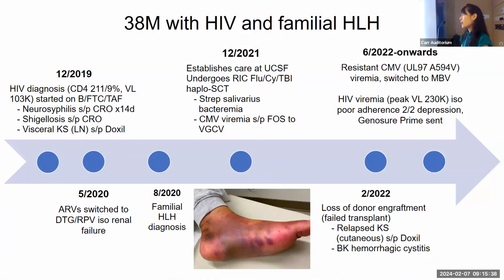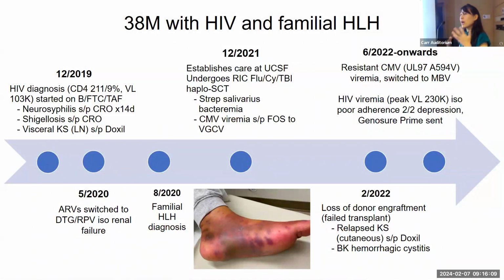And that is complicated by some of our typical post-transplant infections, such as strep bacteremia. He also has CMV viremia and is treated with foscarnet and then valganciclovir. Unfortunately, after that, he loses donor engraftment, so his transplant fails. His KS relapses, and he has to be treated with Doxil. He develops BK hemorrhagic cystitis, and